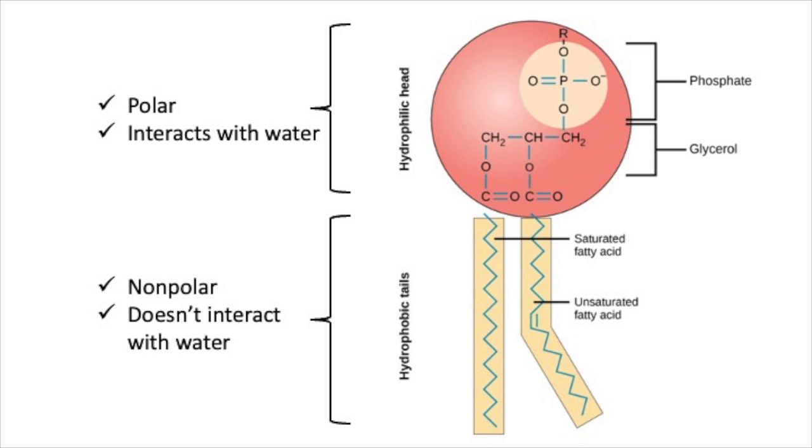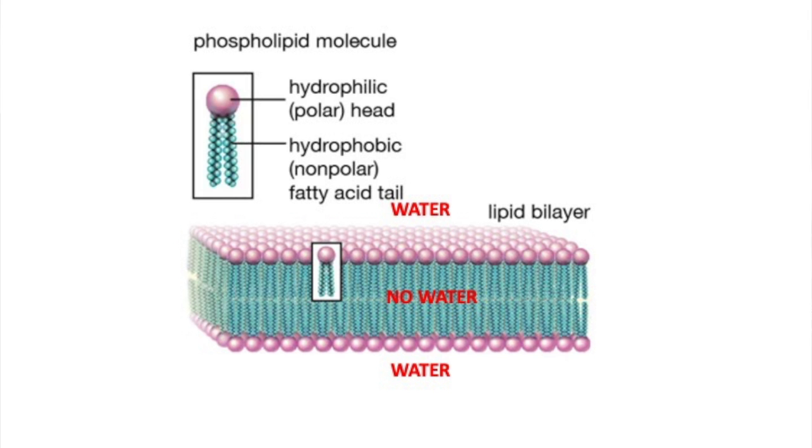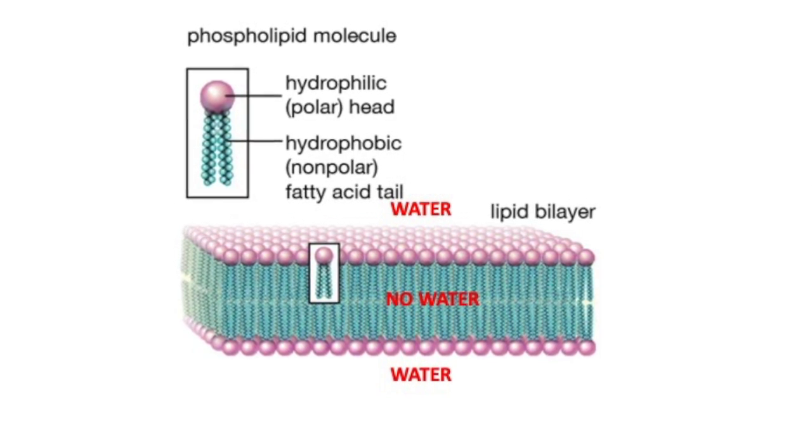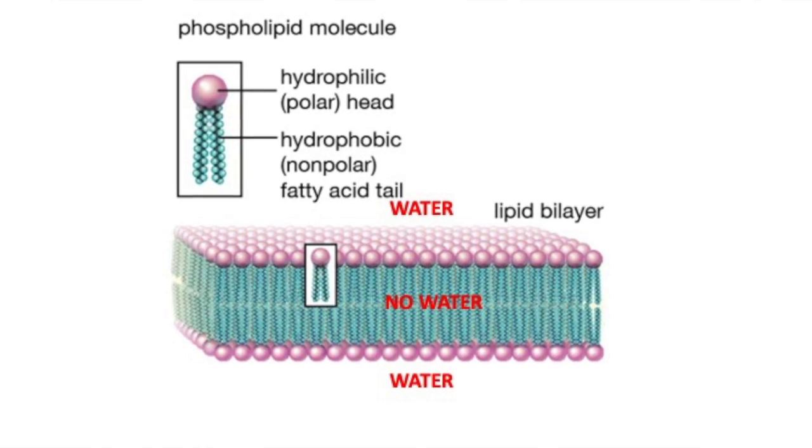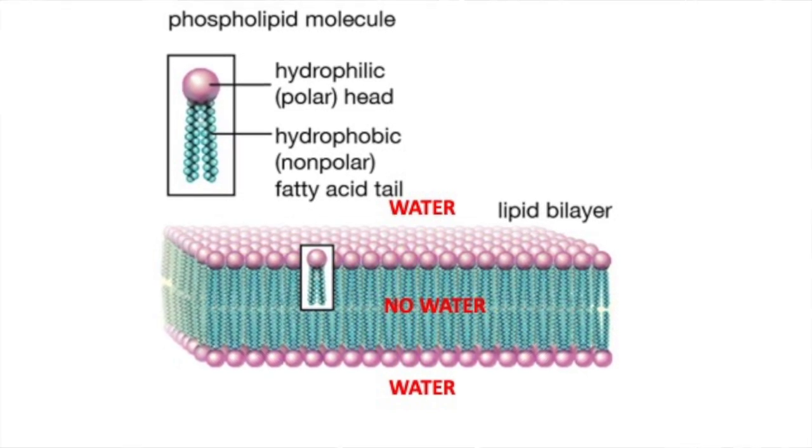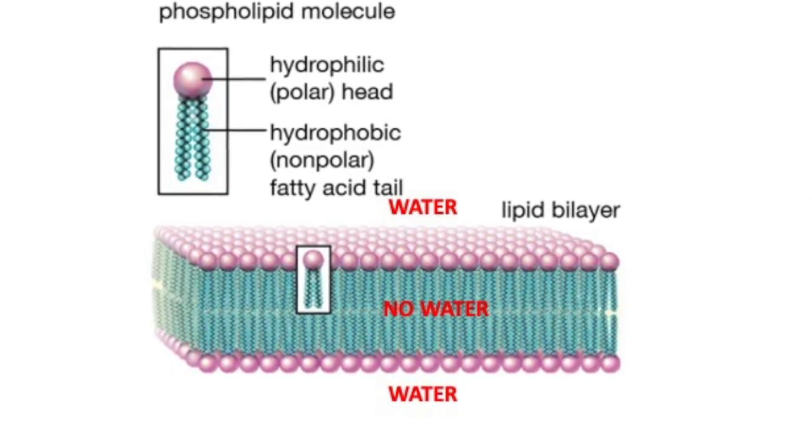One property they all have in common, though, is that phospholipids have one end that interacts with water and one end that doesn't. In a cell membrane, the phospholipids are aligned in what's called a bilipid structure, with all the carbon chains pointing towards each other and all the phosphate and alcohol ends pointing out. This means that if here's your phospholipid bilayer, outside and inside of the cell can both interact with water or something polar or something charged, but the middle part of the lipid bilayer, where the long hydrocarbon